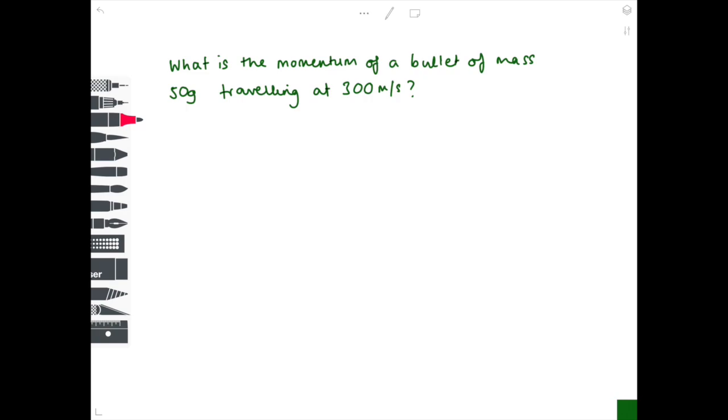What is the momentum of a bullet of mass 50 grams travelling at 300 meters per second? So momentum is given by this equation, which is momentum equals mass times velocity. This is a nice straightforward example. The only thing to notice is you need to convert your grams into kilograms. We do that by dividing by 1,000, times by our velocity, which has been given as 300, and our final